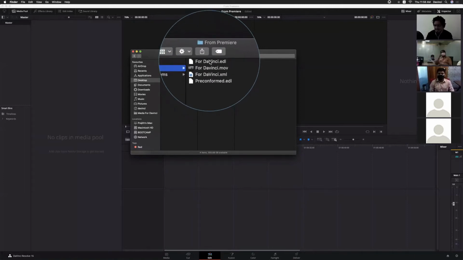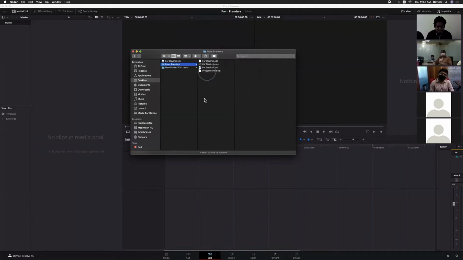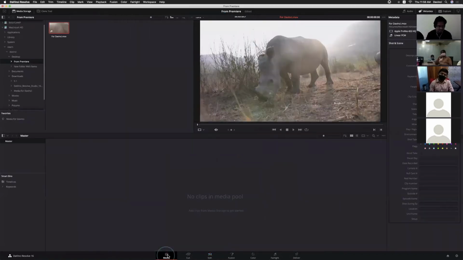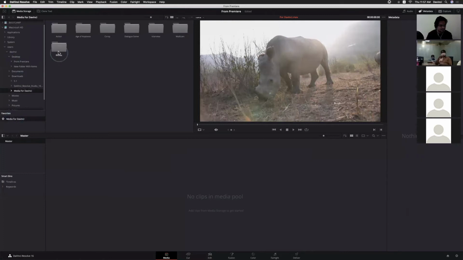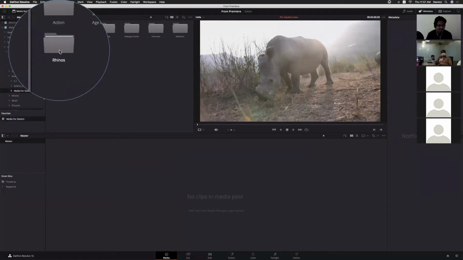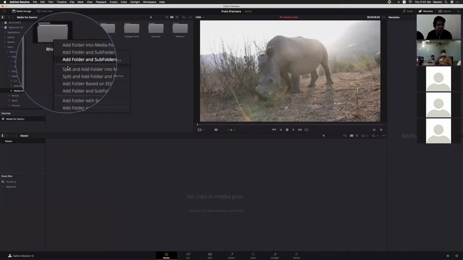Whereas for EDL, you need to import all the clips before adding that EDL to your timeline. For that, go to the media page. These are the clips I have used for that project, and you need to right click on that particular folder.